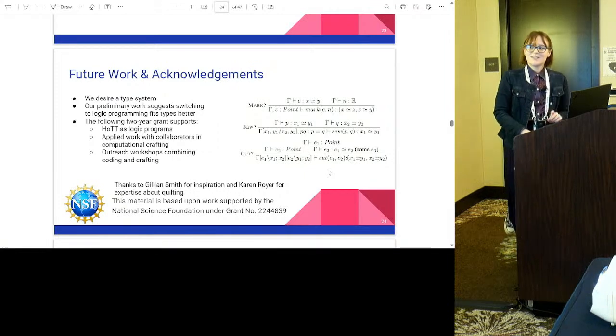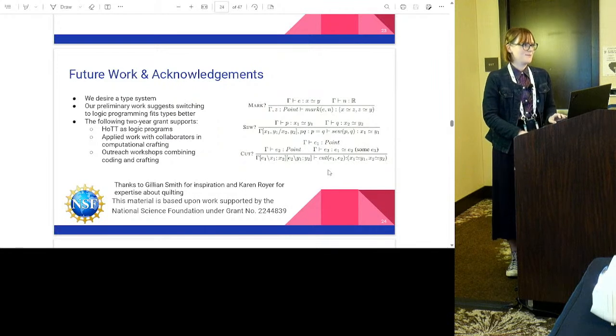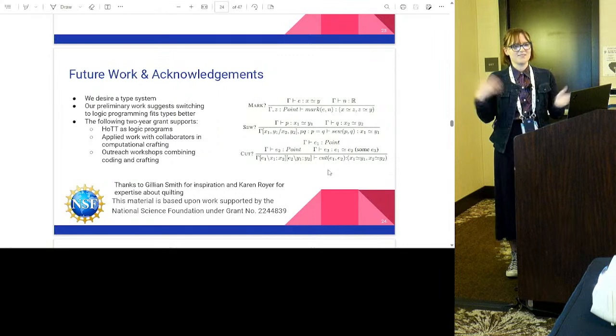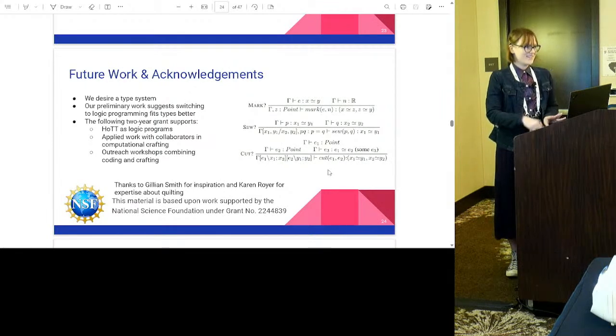So that's awesome. I also must thank our quilting consultants. I'm a knitter, not as much a quilter, but we had some very awesome help from some quilters at WPI who were able to provide insight into the terminology and all of that. That was useful for learning more about quilts and what we should do with them. But yeah, thank you. Any questions?